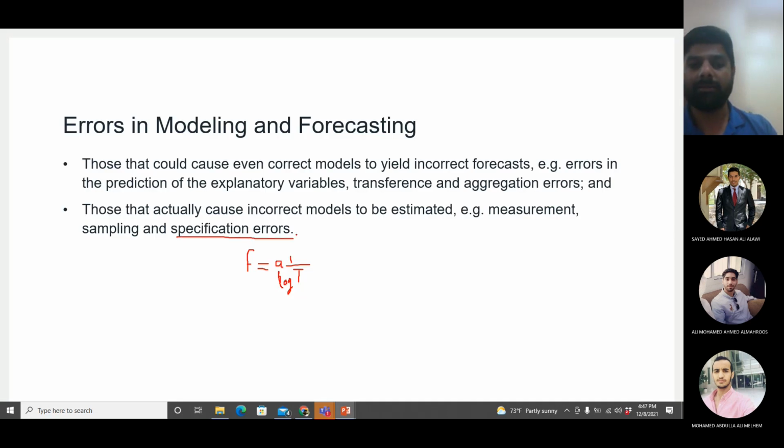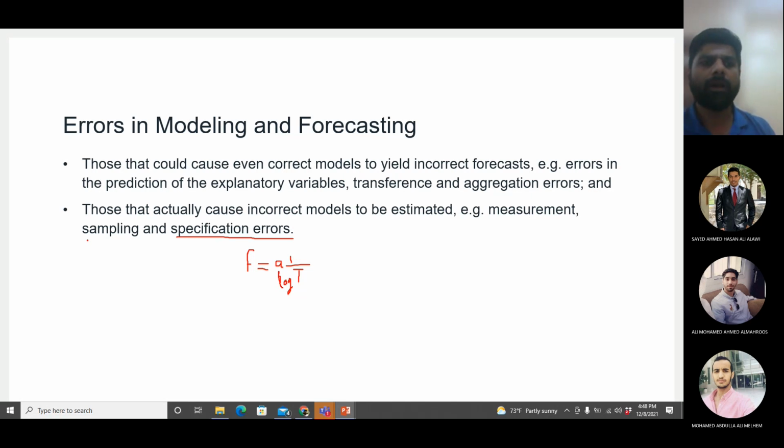And the important part about the specification error is you have to judge it. There is no calculation, there is no equation, there is no software which can judge whether you are making a specification error or not, especially in terms of variables. If you are making an error in terms of measurement, anybody can cross check it and tell you your problem. If you are making a sampling error, you can take the data from census or some previous survey and know that you are making a sampling error. Or you can look at the data and see that all the data is coming from one type of traveler. So you can know these things, but for specification error, you have to be a good expert in that.